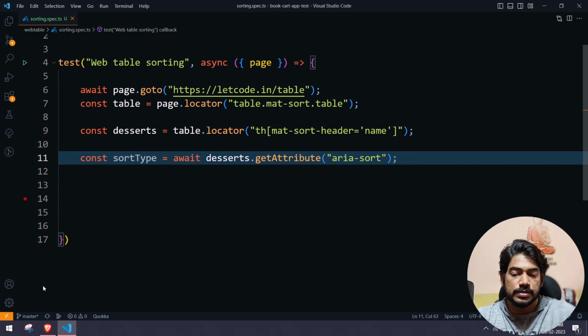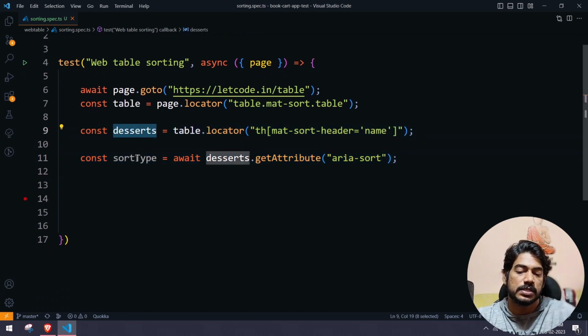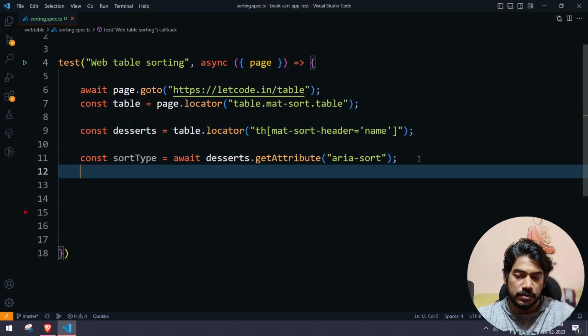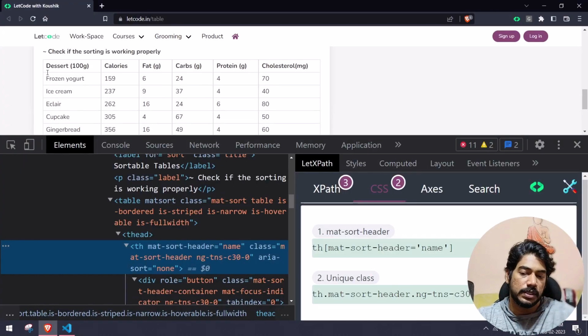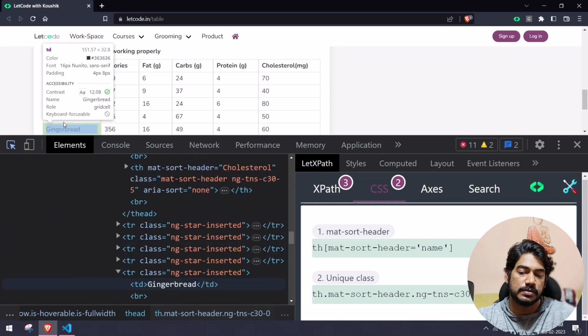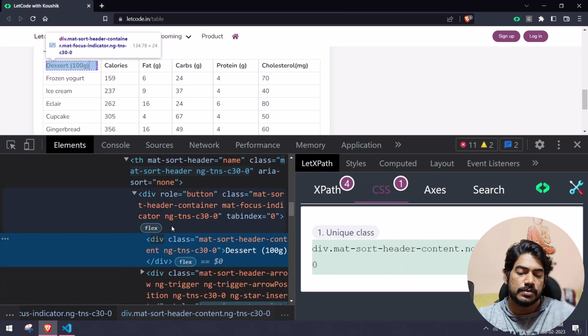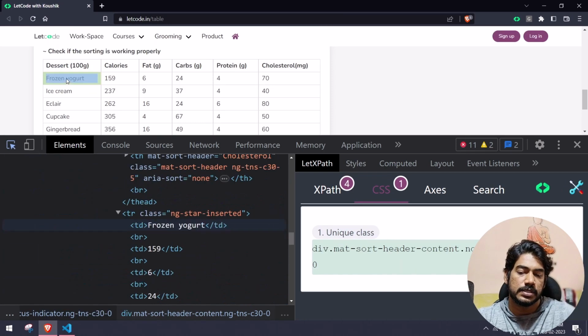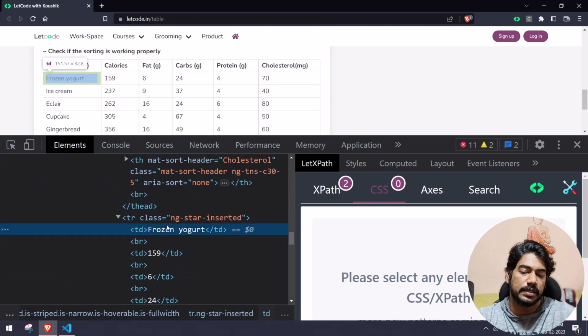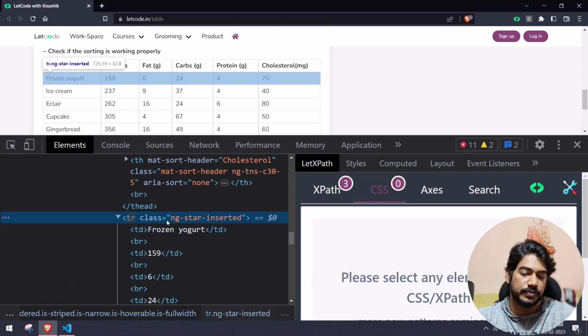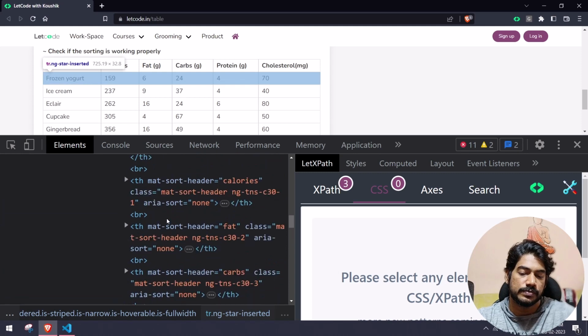Okay, so based on this click we will get the sorting type. Now of course I have to get all the data, this thing, right? So this is very simple actually. Basically it's within the TD and within the TR. So first of all what we have to do